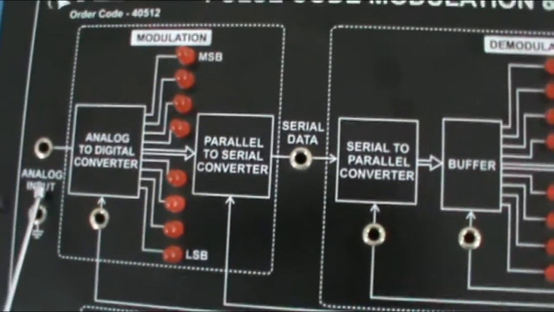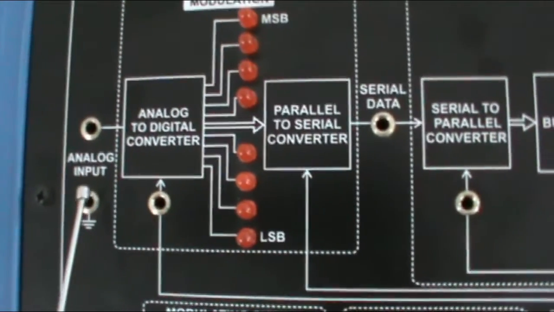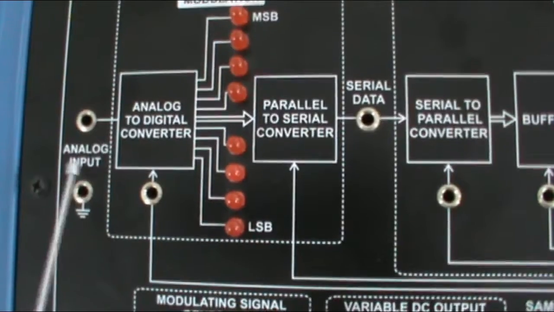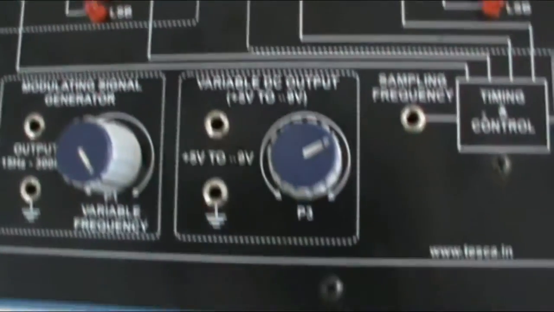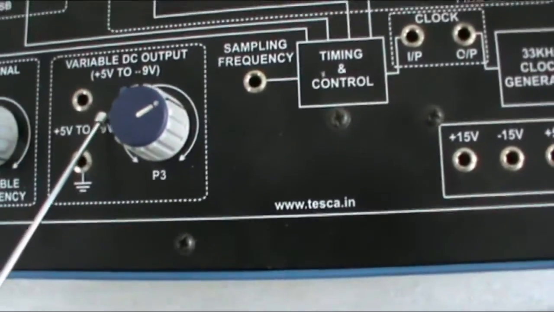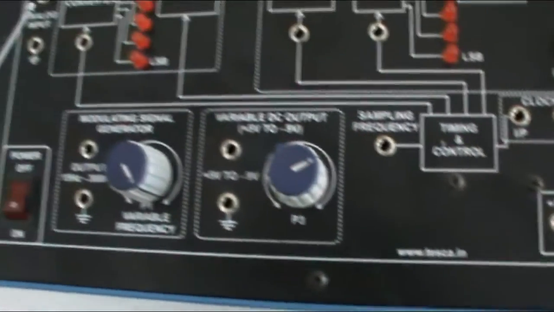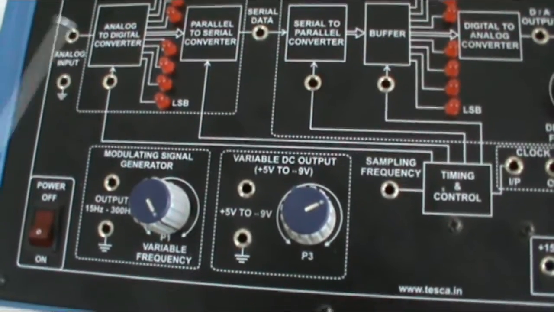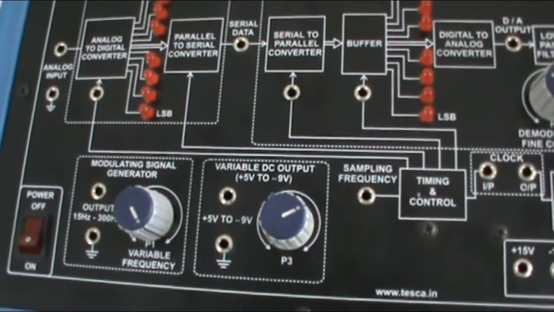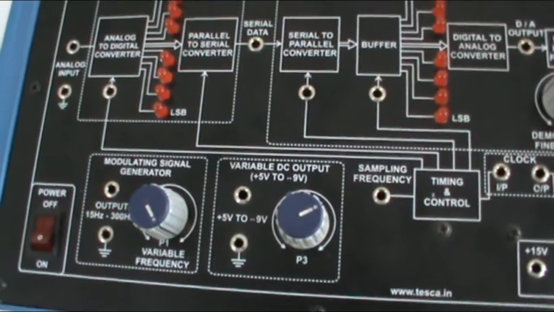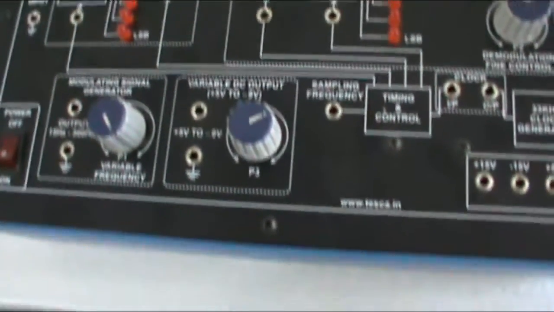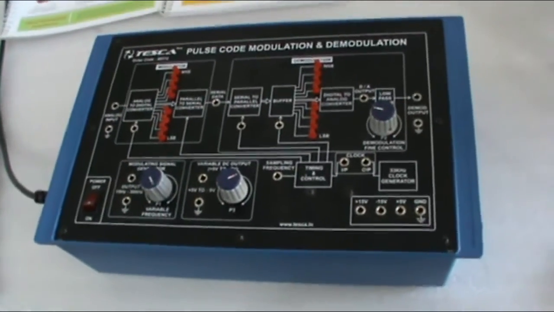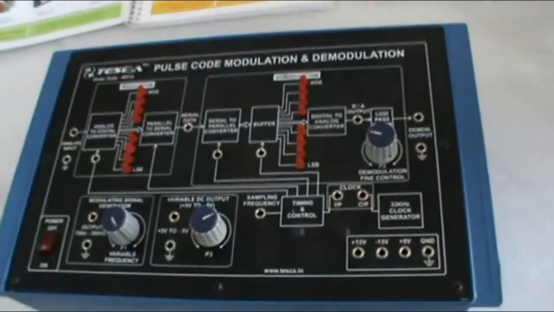These terminals are analog input terminals. You can connect the signal from modulating signal generator or variable DC output section to these analog inputs. So these terminals are for the input of modulation section. Now we are going to do experiment on this trainer.